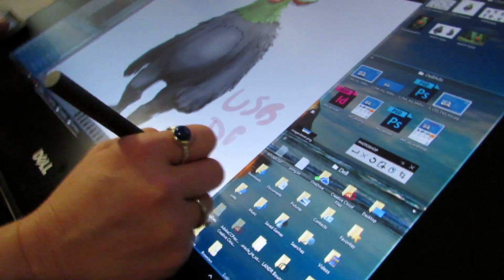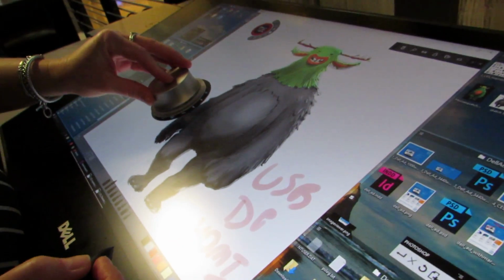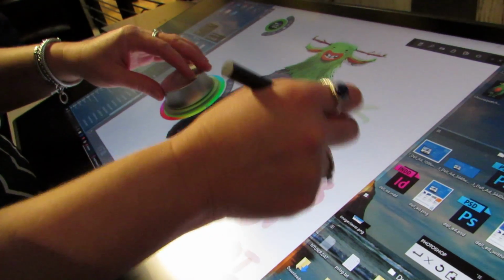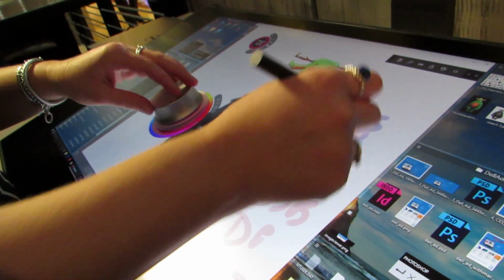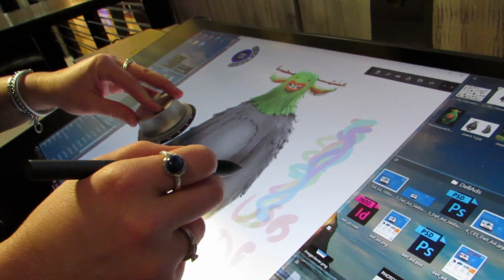We've got pen input, and it's pressure sensitive, it's an active pen. There's also this dial accessory which allows you to do different styles of input. You can change colors, you can change, I believe, the thickness of the pen strokes, or